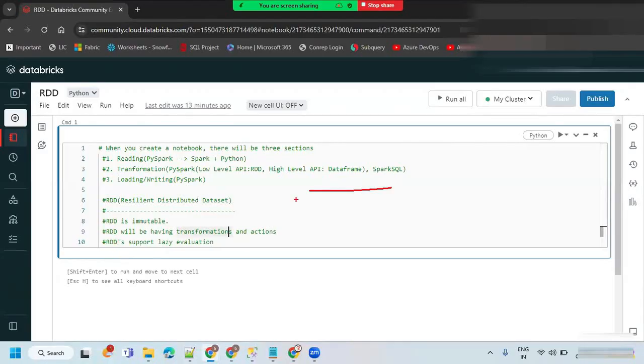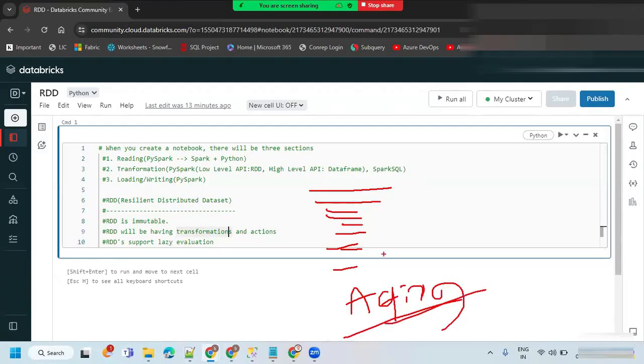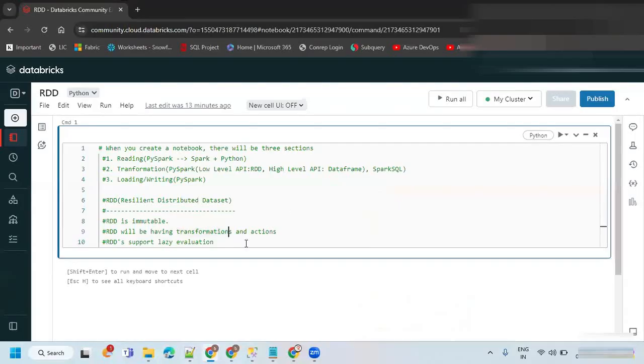It will wait for an action. Until you say do it, it will not do it. You can set up all the steps you want, but they are not going to be executed. The moment you say action, it is going to start executing. Till then it is not going to execute. That kind of operation we can call lazy operation or lazy evaluation.